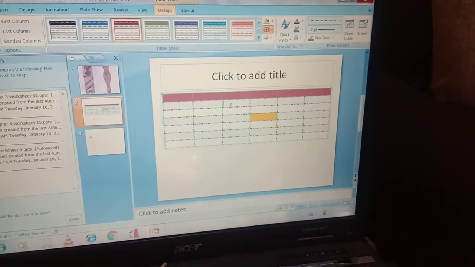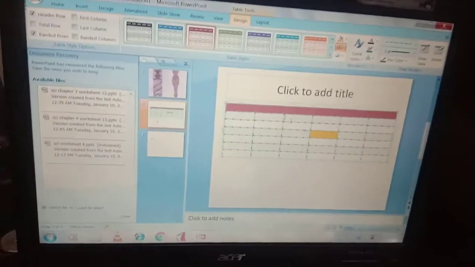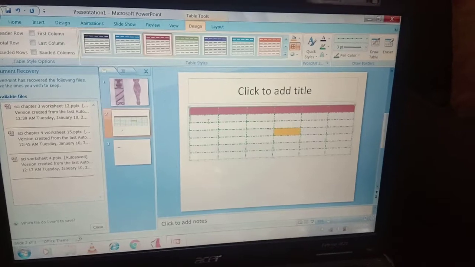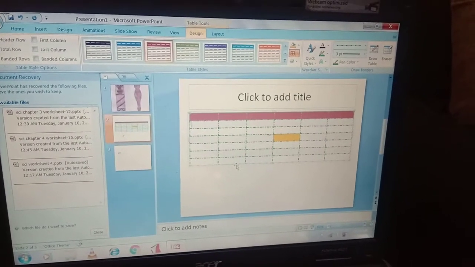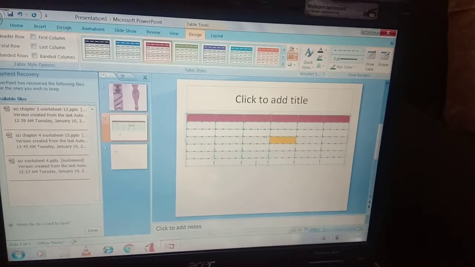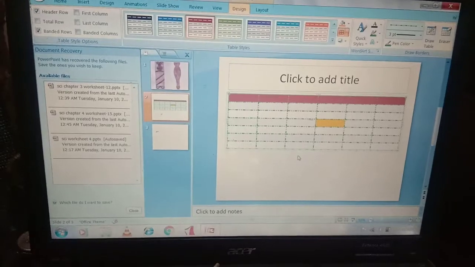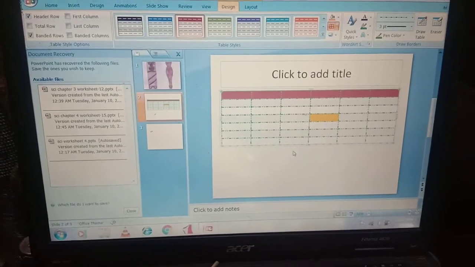The intersection of row and column is called a cell. This is called a cell. The horizontal line is called a row, and the vertical line is called a column. So this is what we learned about it.